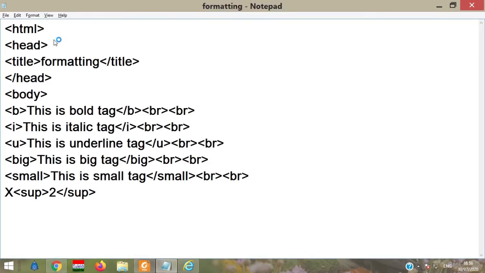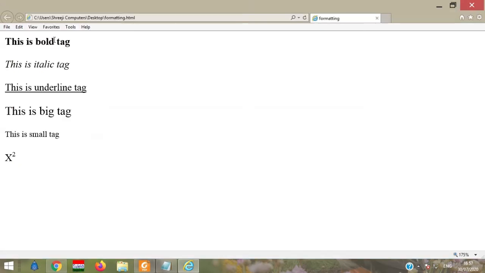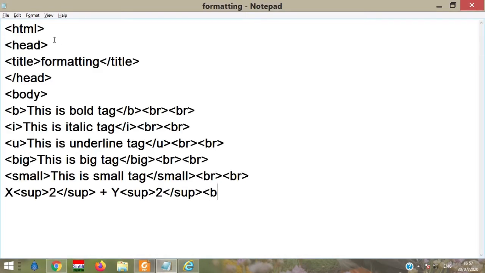For y square, you have to write sup, 2, and close sup tag. Save your file, and then x square plus y square. Then the br tag for the break line is also known as an empty tag. Why? Because it doesn't need to be closed.